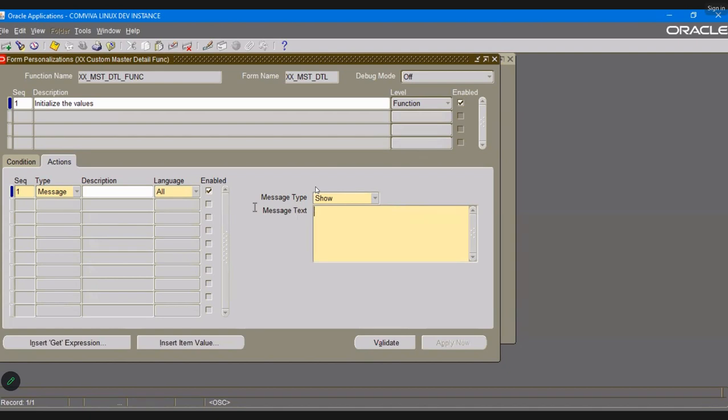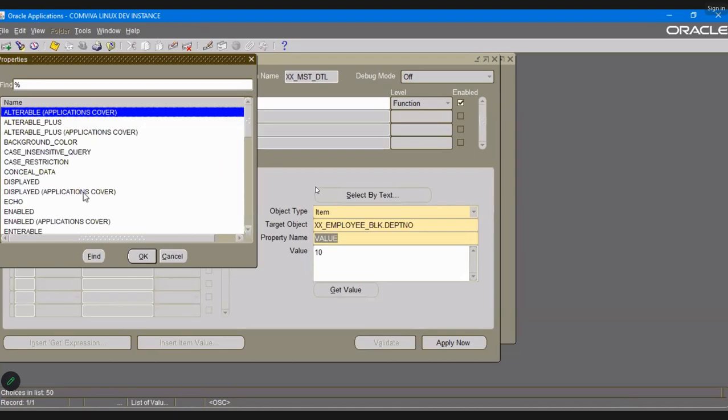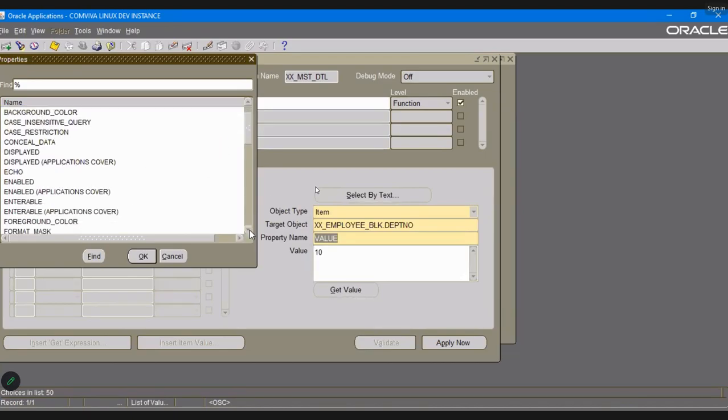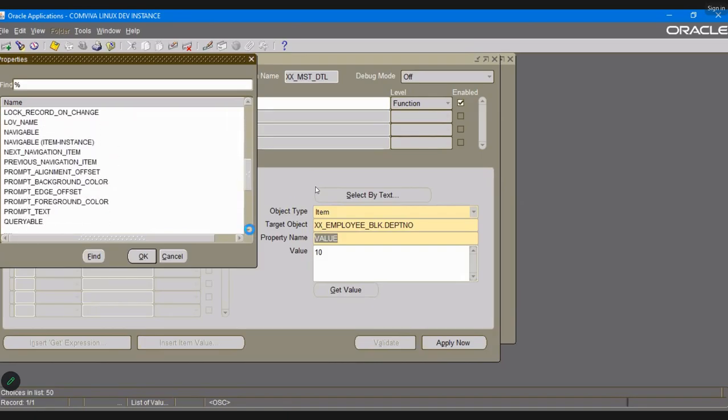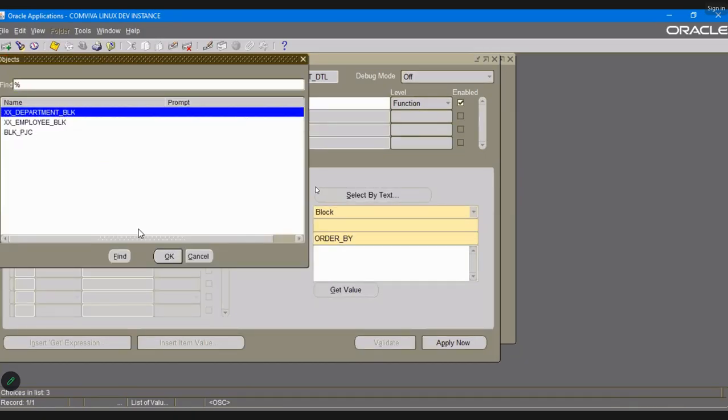Not the message. Text one. So this is how the message is. Let me do that. Especially you want to